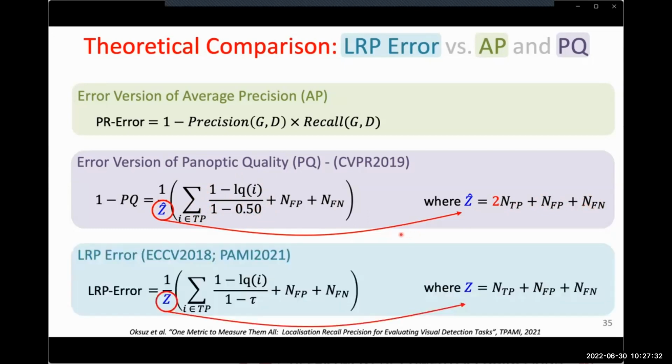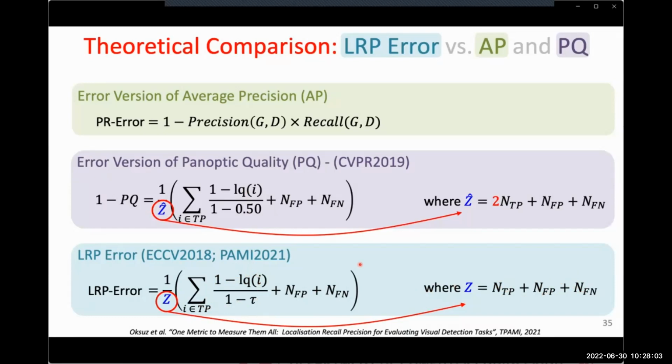LRP is already an error, so we don't need to do any transformation on that. And we already saw that it includes the number of false positives, the number of false negatives, and a normalized localization error. And the normalization constant here is the number of true positives, the number of false positives, and the number of false negatives. We see that PQ error and LRP error are actually very similar to each other, except for two